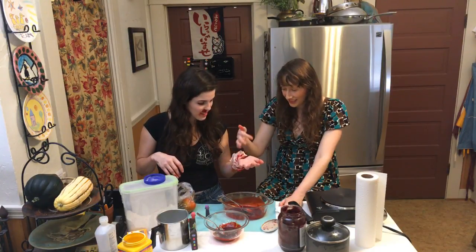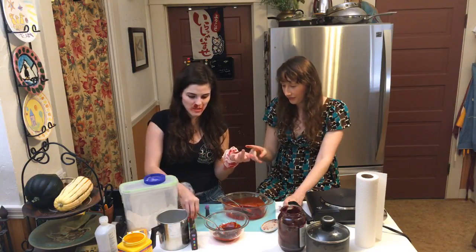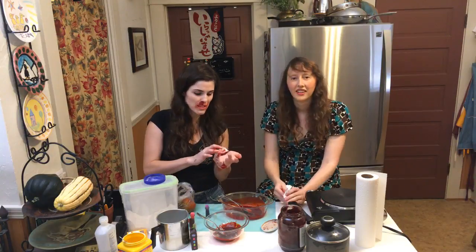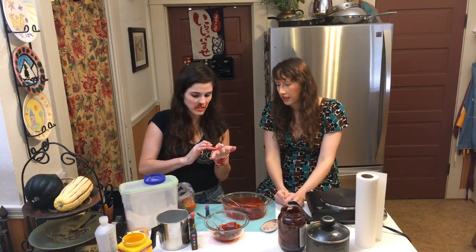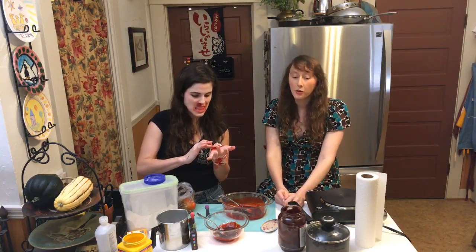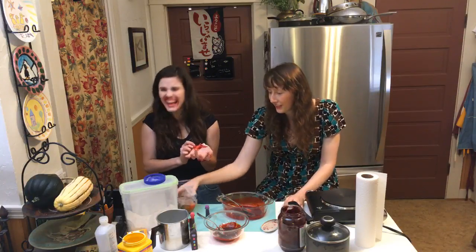Am I dripping? So this isn't using the red coloring, but we did use the pink. But if you're only allergic to the red, then you could just use the jam, cornstarch, and the other colors. Let's see, what would be a good alternative? Oh, beets, which is what we have right here, actually. This was our other...